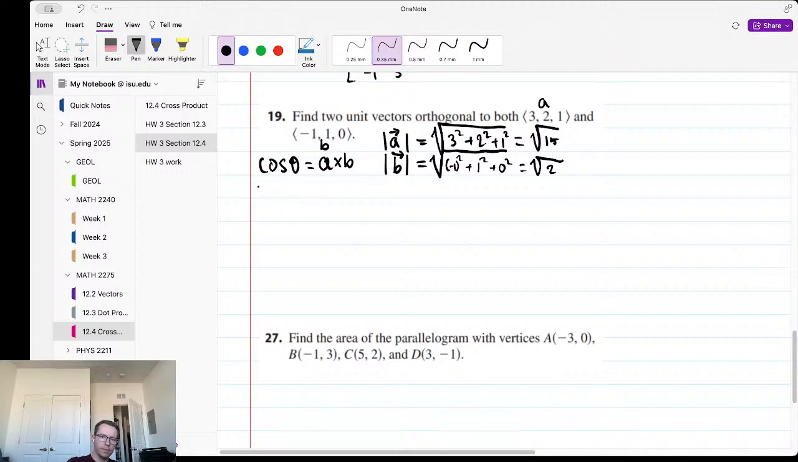So we get our I, our J, our K, and we have 3, 2, 1, negative 1, 1, 0. So that's C equals the vector, 2 times 0 is 0, and then negative 1 times 1, so negative 1, comma,